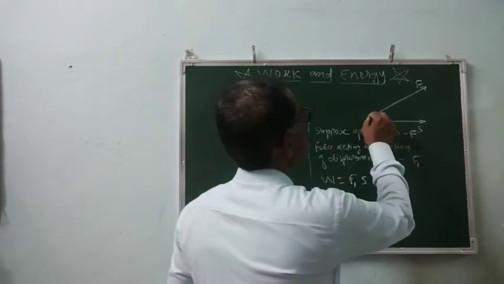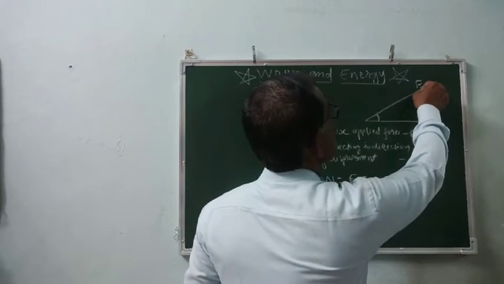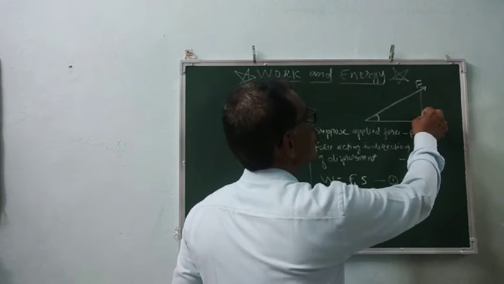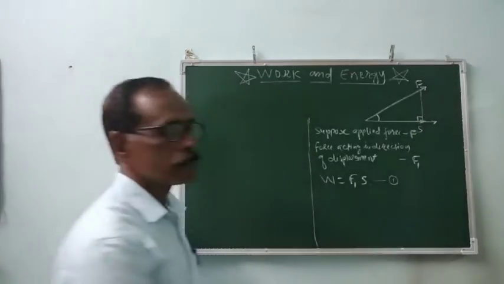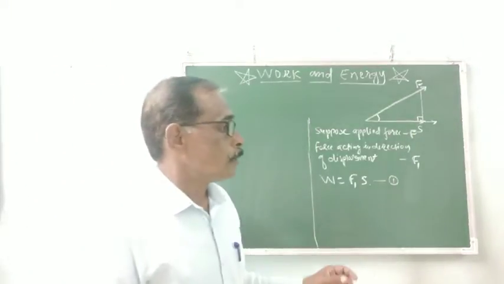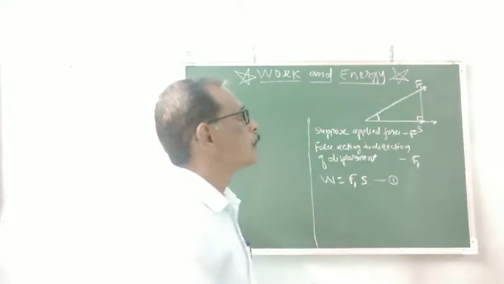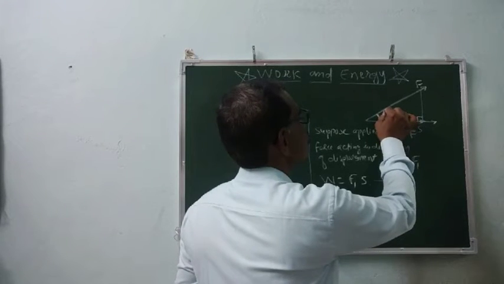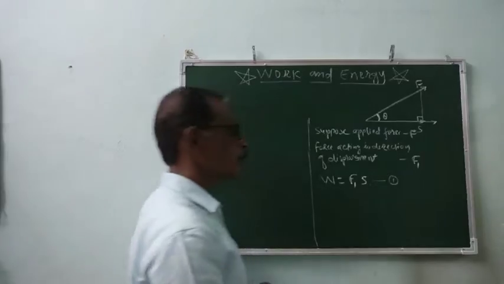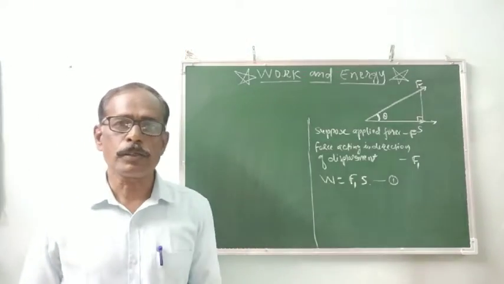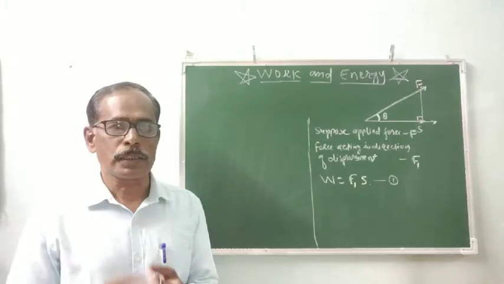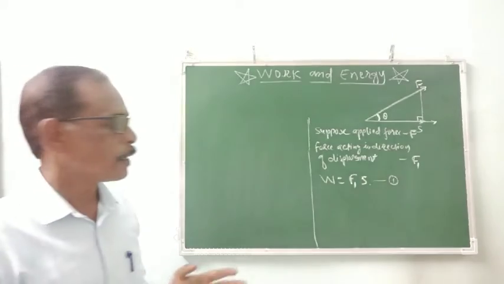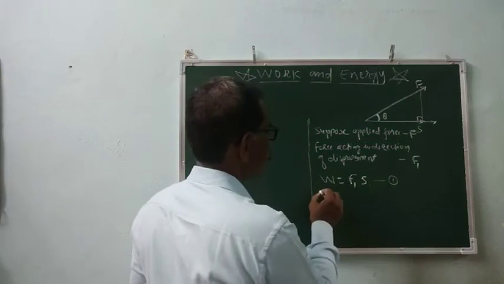See here, it is an angle, and when we draw a perpendicular line on the direction of the displacement, we will get a right angle in between. We apply the trigonometry for the triangle, and it is angle theta. For that, we will take the cos conversion. We know the sine, cos, tan values. So we'll take the cos conversion, that is cos theta.